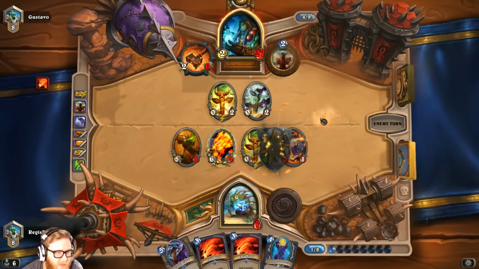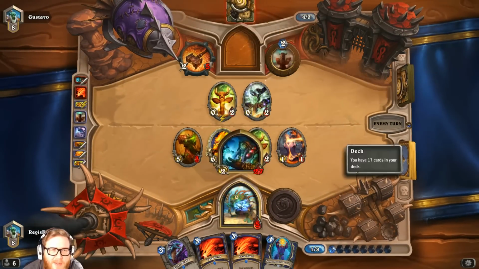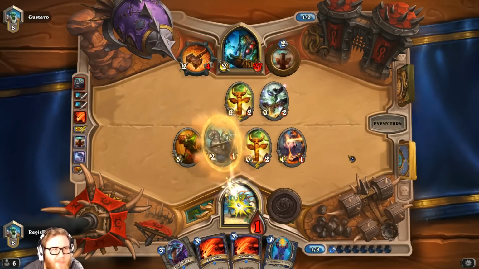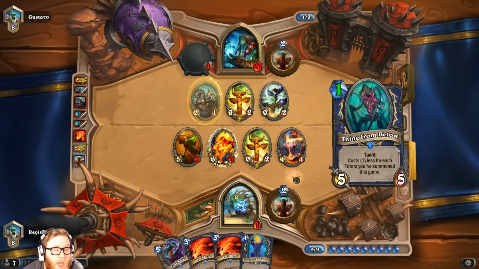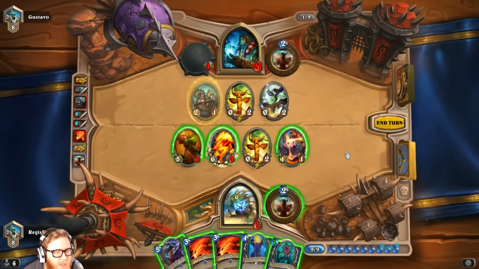Oh! God almighty. Maybe we should have Lava Bursted it. We're dead. No, we're not dead. Okay, we're alive. We're alive. We're alive. It's the best kind of alive. Thing from Below is a sick card. How much damage do I have, though? 11, 12, 22 damage, so...